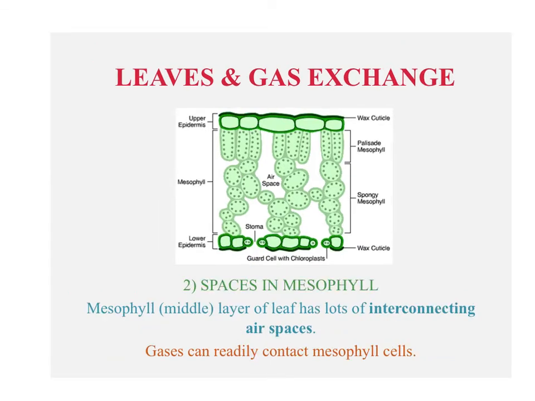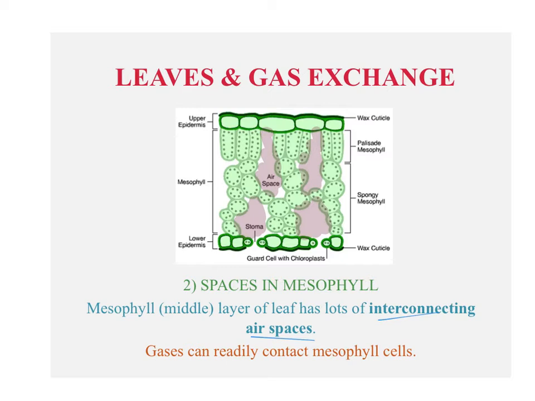Now, as I said on the previous slide, we are looking at these air spaces, or the spaces in the spongy mesophyll layer where I'm putting all of the shading, and those are effectively like air chambers. Okay, that mesophyll or middle layer has a lot of air spaces that are all interconnected. So even if one stomata is damaged or one stomata is open, we're going to get a lot of transport of gases into all of those air spaces really quickly. Again, more efficient, quicker,